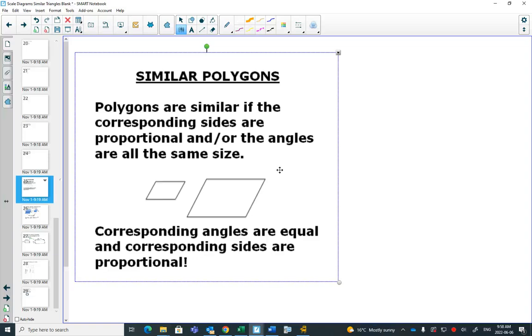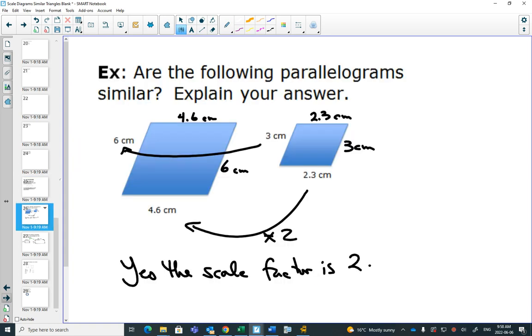Okay. Similar polygons, same as similar triangles. Some of you might feel like you already knew this. So the angles are the same, and the sides are proportional. If we look at this first example with two parallelograms, and parallelograms always have opposite sides the same,